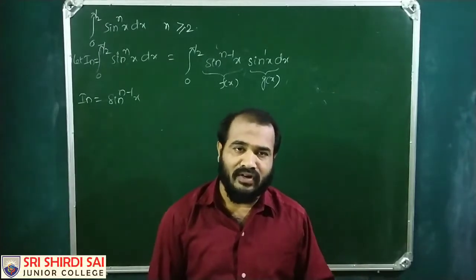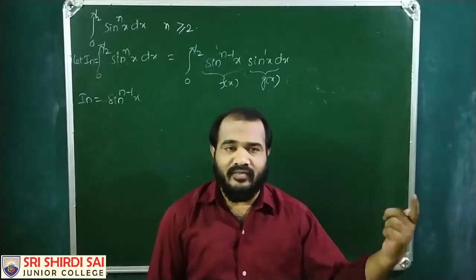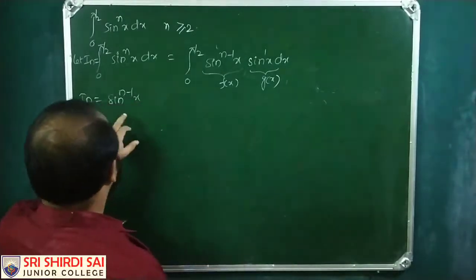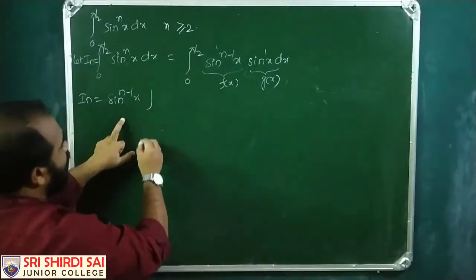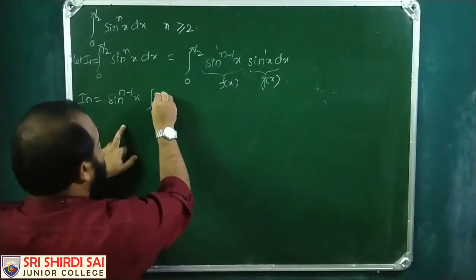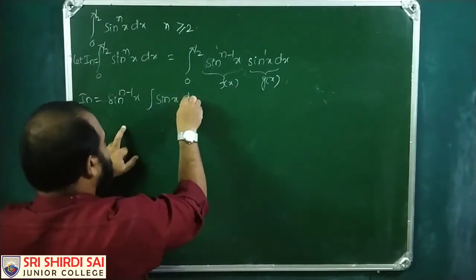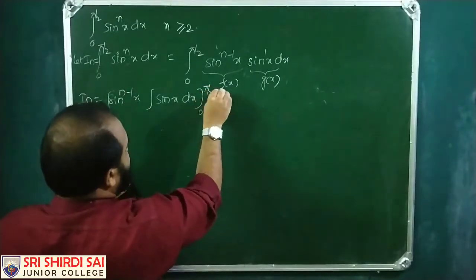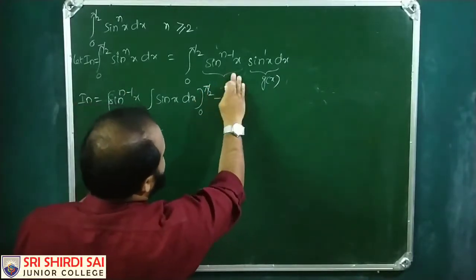That's what we have learnt in indefinite integration, and it is the same formula I'm using here. So first function into integral of second function sin x dx, with 0 to pi by 2 written here, minus integral